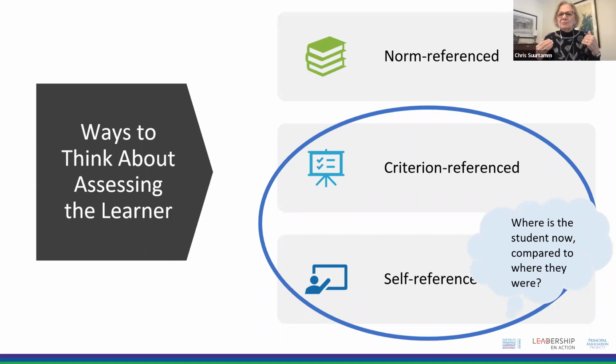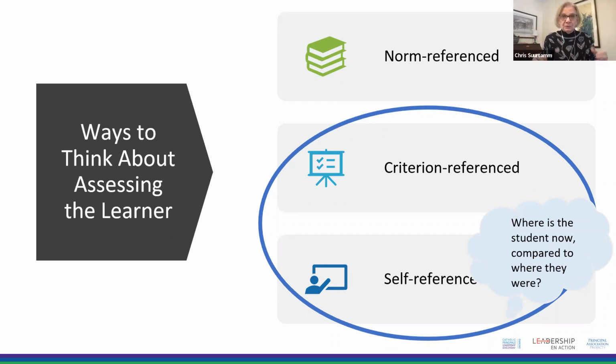But I think sometimes we need to also think about self-referencing. Because we have some students where we might set up the learning goal for that class, we might set up the success criteria, and that student's never quite hitting it. Does that mean they're not successful? No way in the world. If their thinking has moved from where it was at the beginning of that lesson to where their thinking is now, they are successful. So this idea of self-referencing, I think, is extremely important when we're talking about a destreamed class,